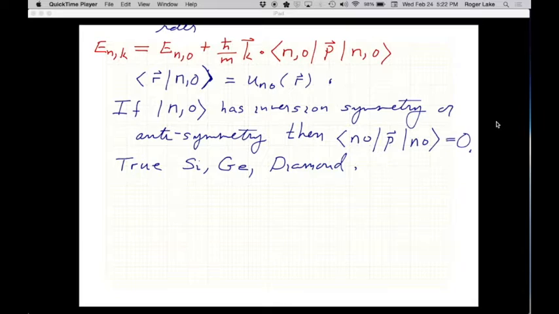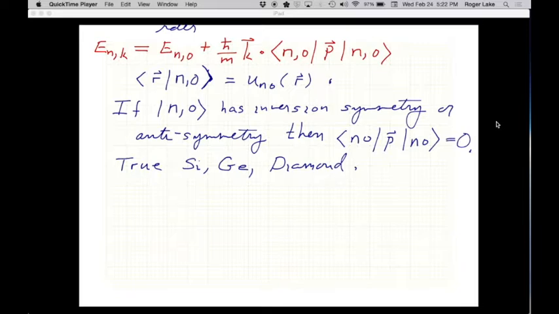Right, because these were the Bloch functions we just calculated, so it's going to be a symmetric or anti-symmetric combination of the orbitals on the two atoms of your unit cell. That's what we're talking about. It's what we just spent all that time calculating. It's going to be a symmetric or anti-symmetric combination of, like, two p_x orbitals on the A and the B atom. And since the A and the B atom are identical in silicon, germanium, diamond, these states will have either